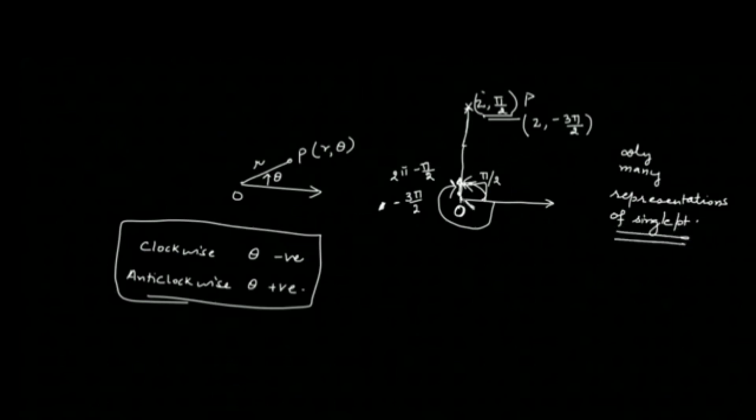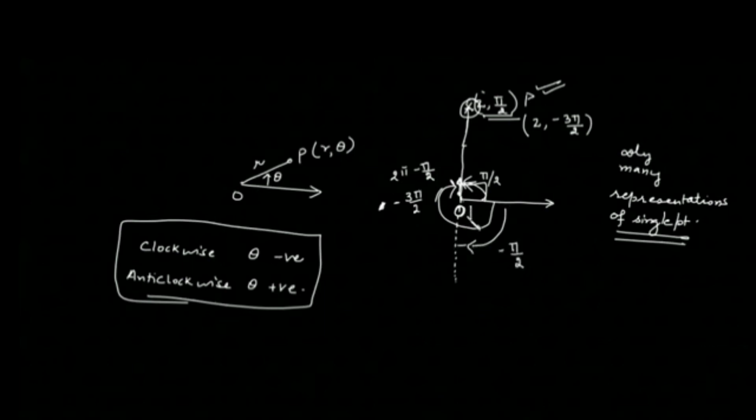So if we turn pi by 2 and cover two steps, we will reach the point P. Another way to reach this point is you can turn minus 3 pi by 2 and then consider two steps, you will reach the point P. Another representation is, one can move such an angle, since it is clockwise, so it will be minus of pi by 2.